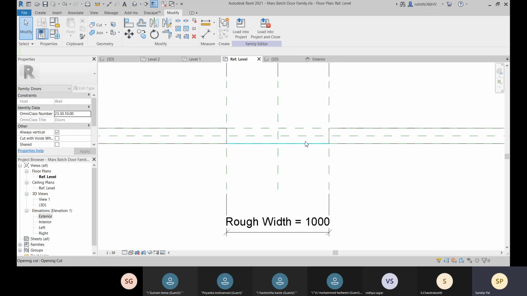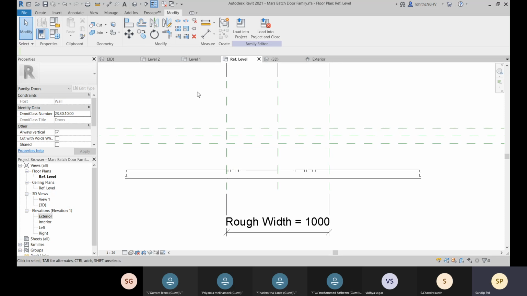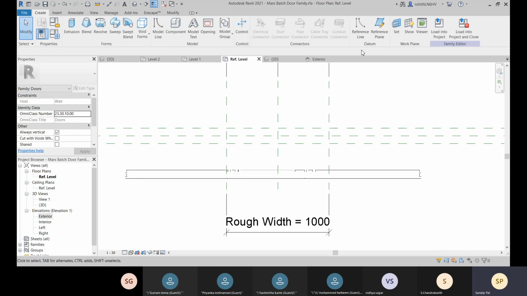All right, so for that, let me create a reference plane. You come to this create tab, and here you have your reference line and your reference plane. If you go for this reference line, you can take this as a reference.